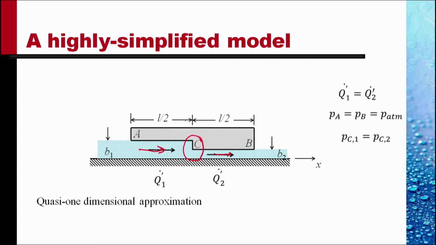The pressure at point A and pressure at point B are atmospheric and so equal. And the pressure at point C should be continuous. That is, pressure at point C in the first part, just before point C, should be equal to pressure at point C in the second part, just after the step. With these conditions,